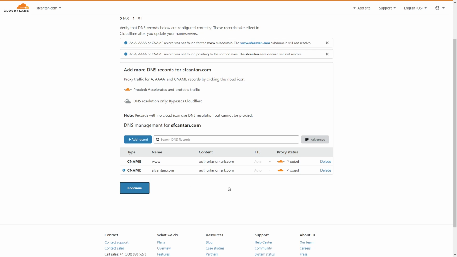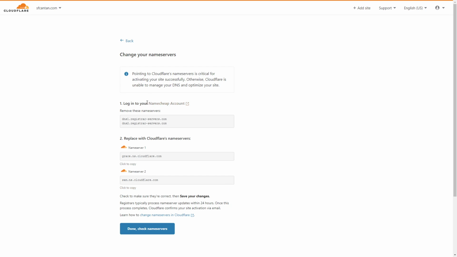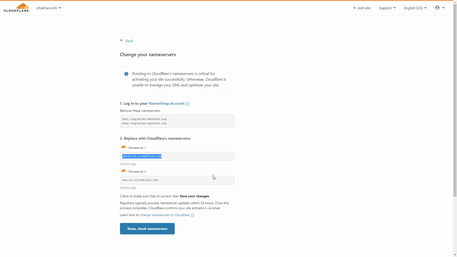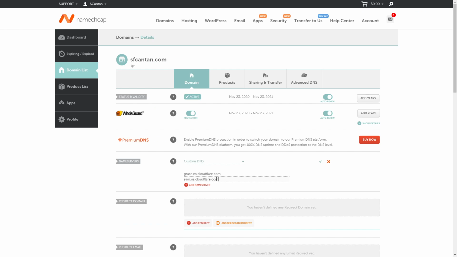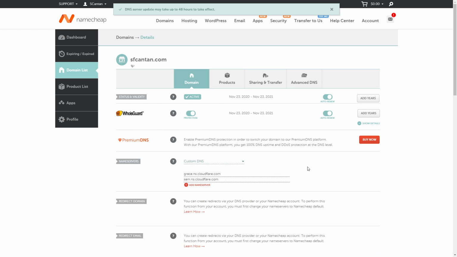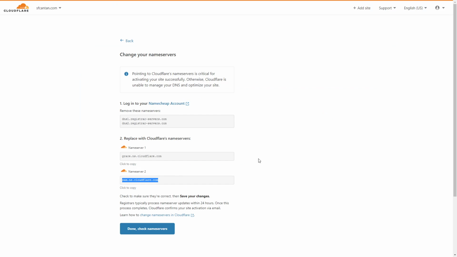So we'll press continue on that. And then you see it recognizes that we're using a Namecheap account. So we will replace the Namecheap name servers with our Cloudflare ones. So we go back to Namecheap. We'll paste in the first name server we got, and then we'll paste in the second one we got, and we'll press on the tick to save it. So now we're done with Namecheap. Namecheap is now pointing to Cloudflare. So if you press done,